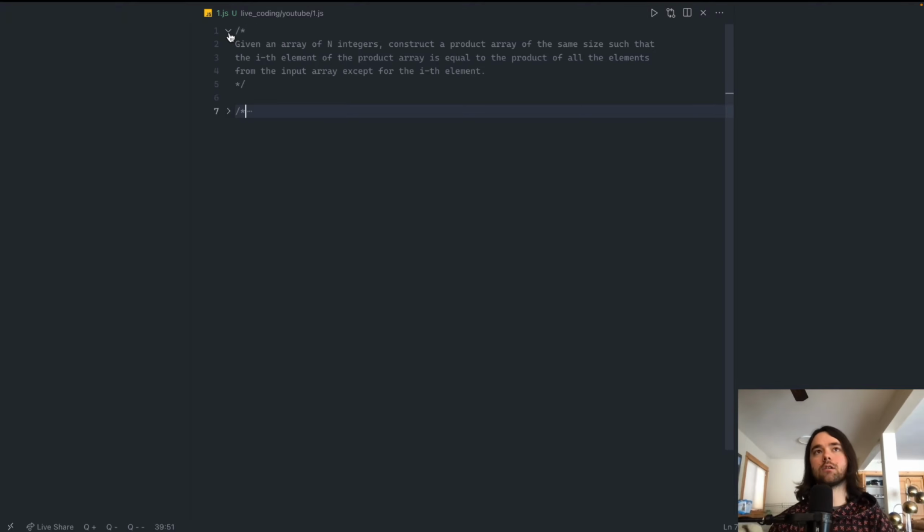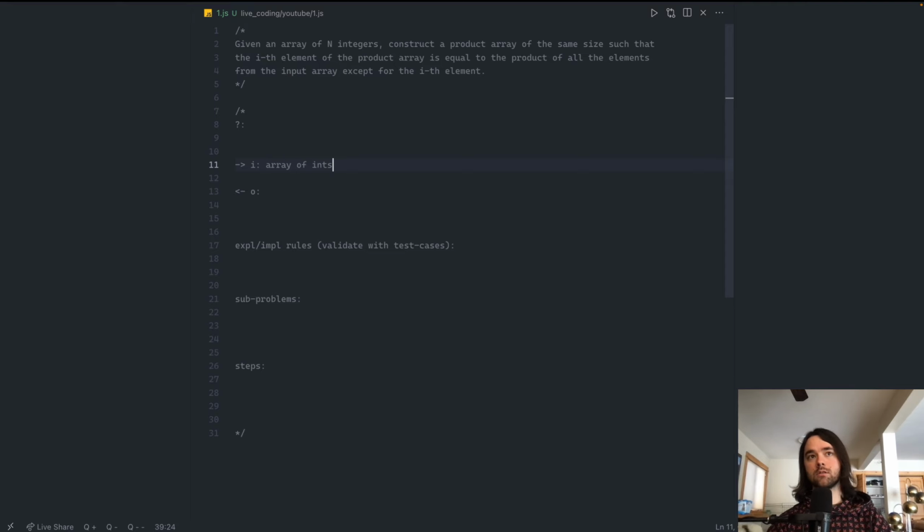Okay, so given an array of n integers, construct a product array of the same size such that the ith element of the product array is equal to the product of all the elements from the input array except for the ith element. Okay. So given an array of n integers, so array of ints of length n,